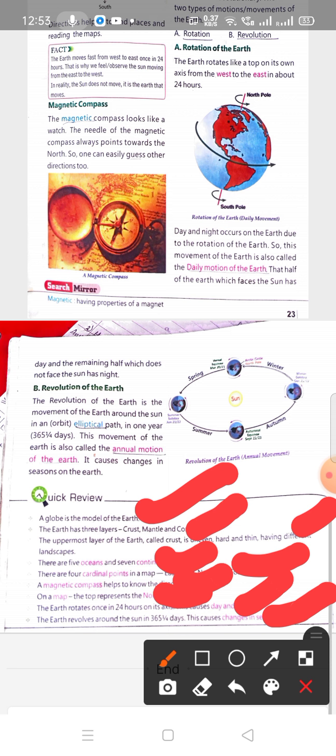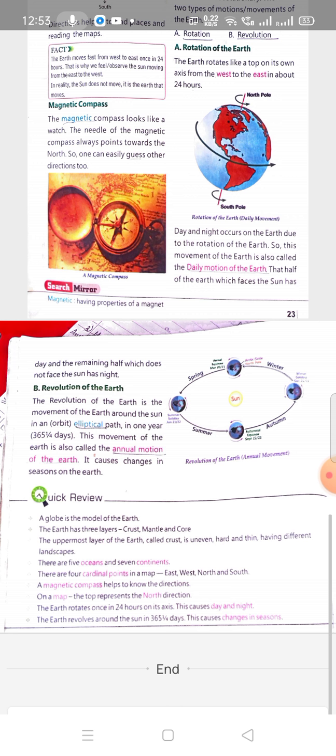Okay, dear children, this is our reading. You have to read this chapter and underline hard words yourself. While you are reading, if you get any hard word, you have to underline it and practice yourself. I am also going to give you some hard words. So today's homework is, you have to read the chapter and underline the hard words in your textbook only.